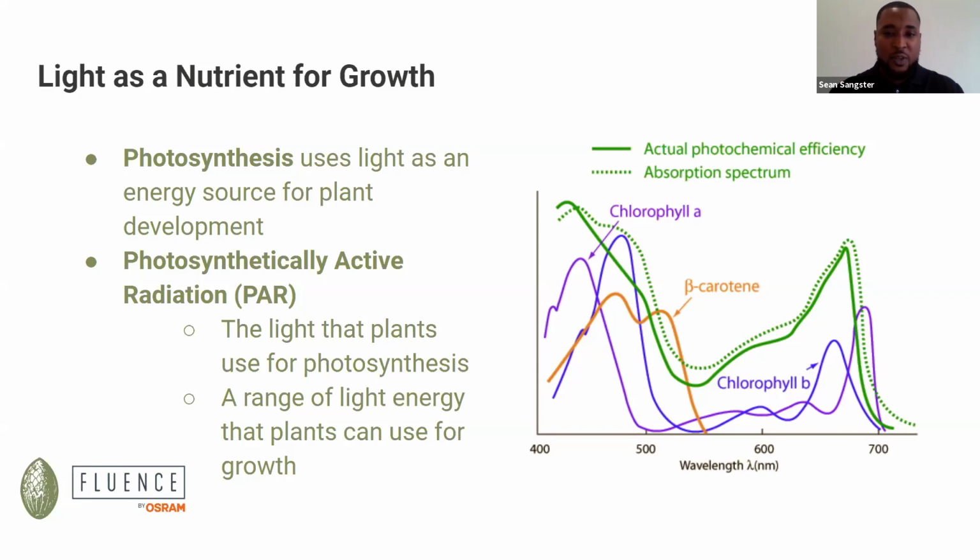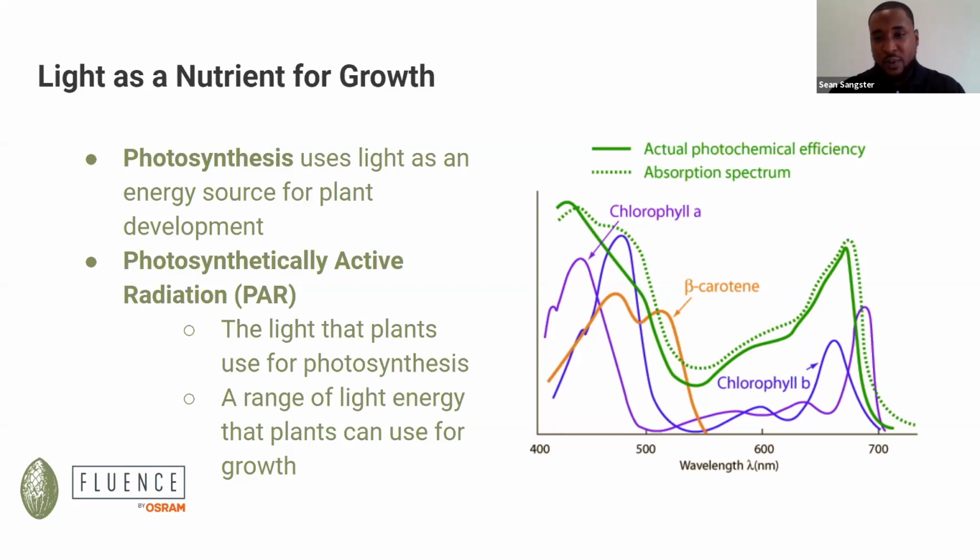From this graph, what we can see here is the different photosynthetic responses that we get when we put different light onto plants. The first term, as we all know here, is photosynthesis. That is what plants do, and they use light as a source of energy for their development. The second term that we see here is PAR. This is the light that plants use for photosynthesis, a range of light energy that plants can use